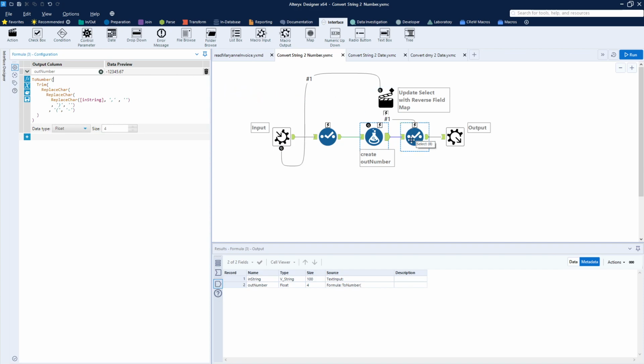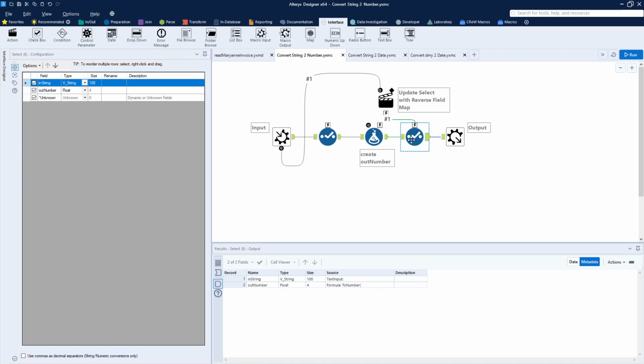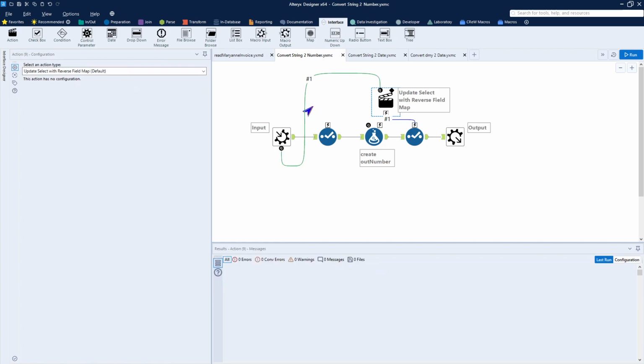That being said, once it comes out, go into my select at the end. This select here really doesn't change anything, but this select sets me up for this action. This action comes off of the input. Alteryx remembers the names of the fields that are being processed through here. So an action that I can take against a select widget is to update the select with reverse field map. Very confusing, but what this does is on the way out, it goes ahead and gives it back its original name coming in. If we want to test this very quickly,